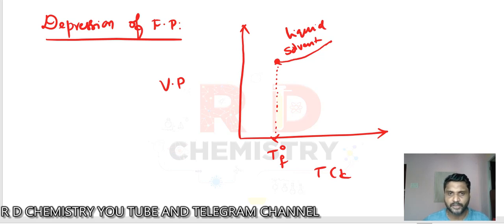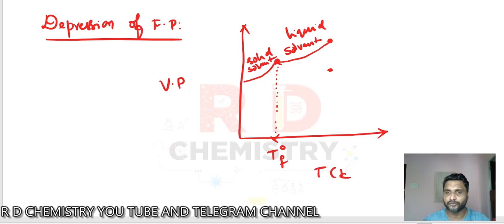Again you decrease the temperature. When you decrease temperature, there's a little change in the graph. You are going to get it like this. So this is a frozen solvent, or solid solvent. Now, to this pure solvent, I'll come back to room temperature somewhere here and I'll add some solute. When I add this solute to make a solution, its vapor pressure decreases somewhere here.